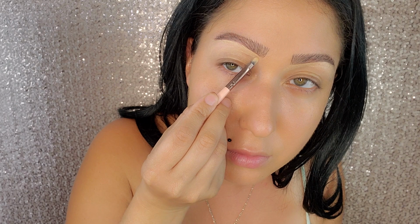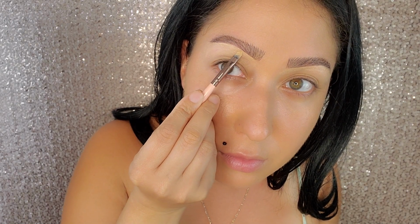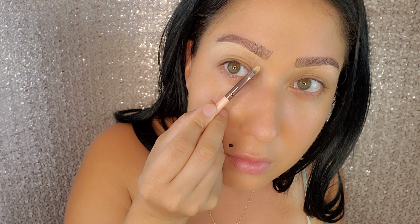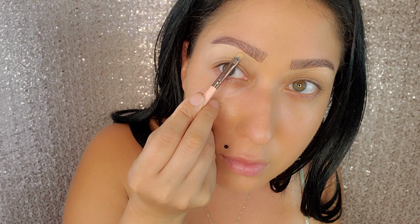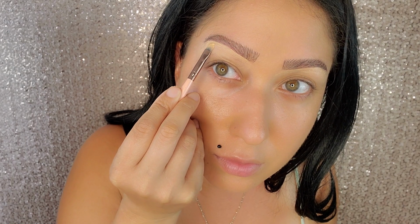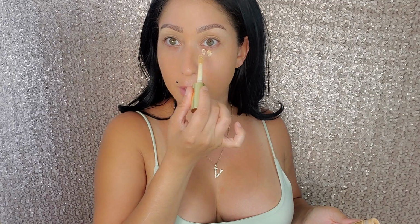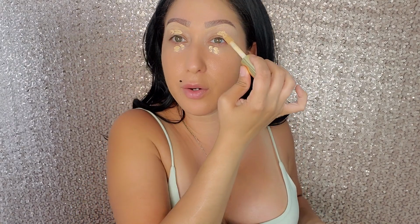I do feel that I end up using more concealer with this one than I did with the Tarte Shape Tape concealer. So I'm definitely going back to the Tarte Shape Tape concealer because even though they're the same price, I end up using more of this one than I did with the other one, so it ends up not lasting as long. So then I'm going to take my concealer and dot a little bit in the areas that I'm going to need it. And I always like to use my concealer to prep my eyelids for eyeshadow. But because this concealer is a little bit thinner than the Tarte Shape Tape, I'm going to let it set